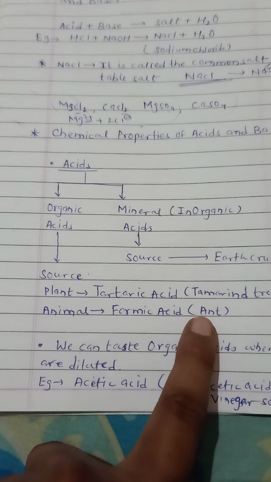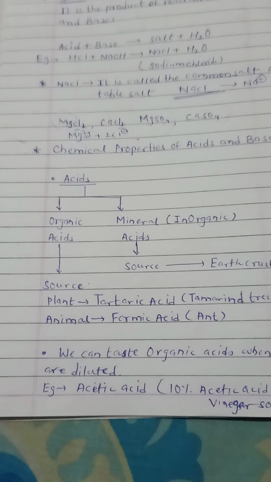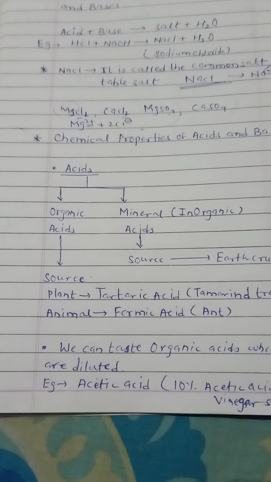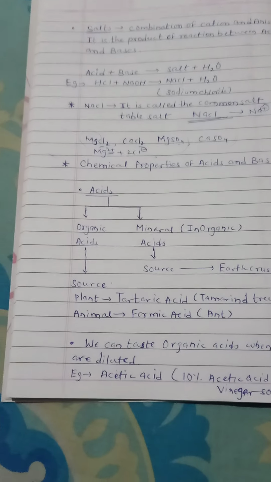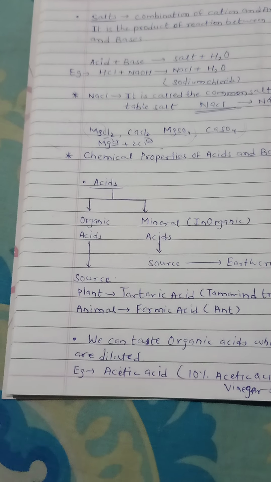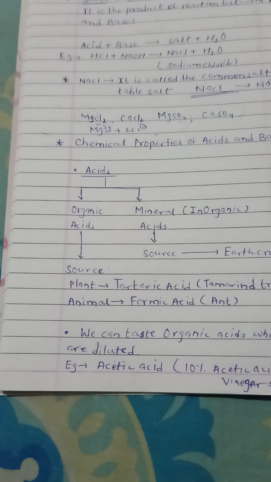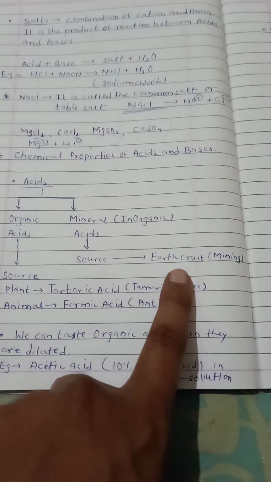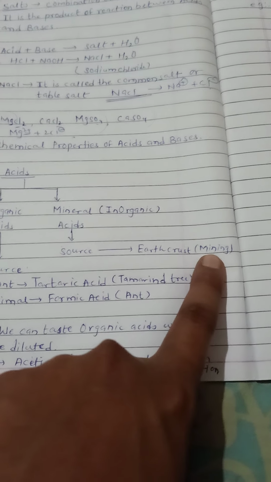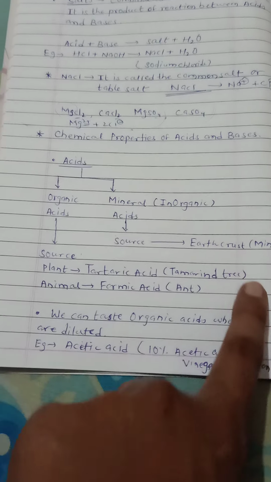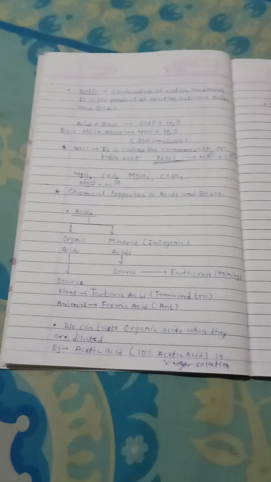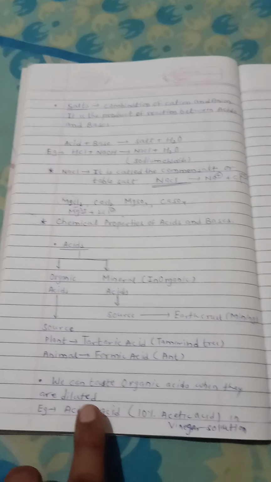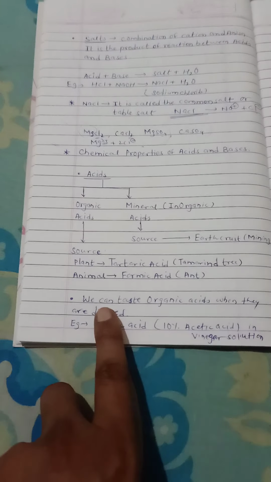फॉर्मिक एसिड कहाँ से मिलेगा? एंट से। कैप्रोइक एसिड कहाँ से मिलेगा? गोट से। So this particular acids which we get from natural sources or organic sources are considered as organic acids, and mineral acids which we obtain basically from earth crust और माइनिंग से, माइन से हमको मिलेगा, माइनिंग करने के बाद हमको वो चीज़ें मिलती हैं, वो एसिड्स मिलते हैं, इसके लिए हम लोग बोलते हैं उसको मिनरल एसिड्स।